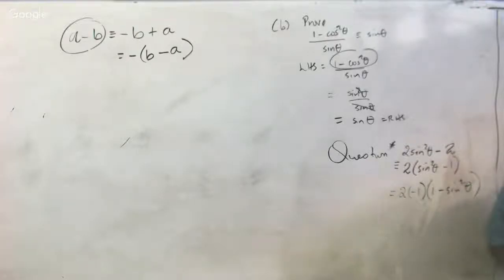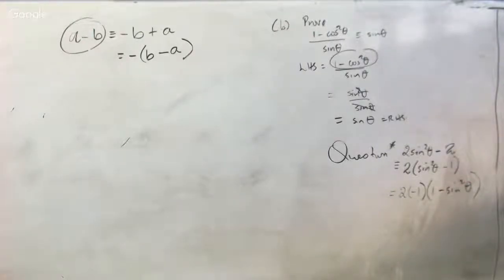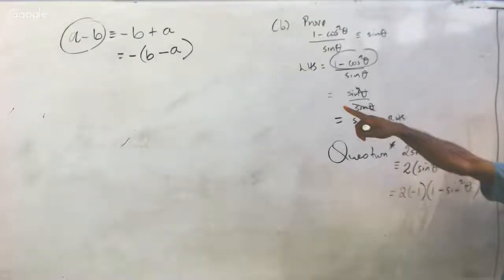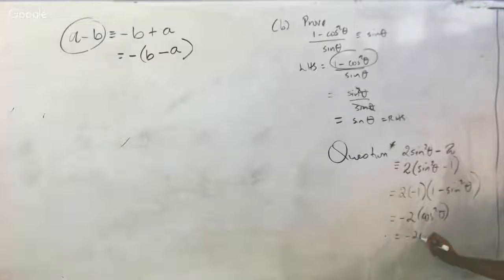Yes, we did, in algebra, in propositions, with the "and". Remember we always said p and q equals q and p. That's what commutative is. That means you can flip around; the order doesn't matter. Same like 2 plus 4 equals 4 plus 2. That's what I mean by commutative. But for subtraction, the order does matter. So we have to be careful. When you switch it around, we have to stick a negative in front of it. But the 2 was already there, so technically what we have is negative 2, and we know what is in that bracket: cosine squared of theta. So this is negative 2 cosine squared of theta.